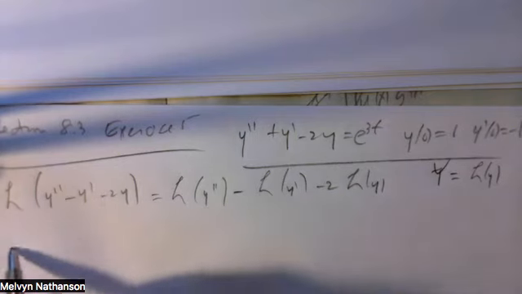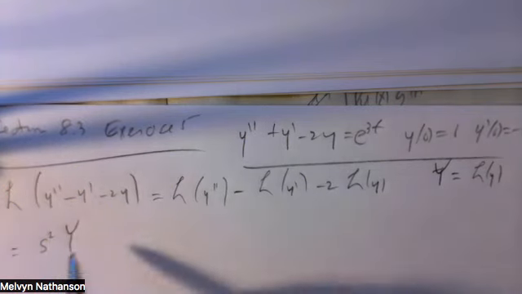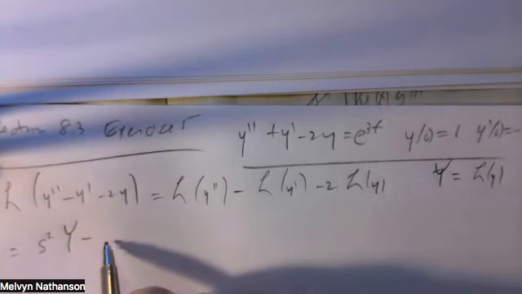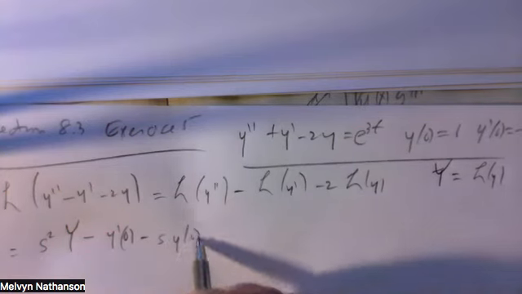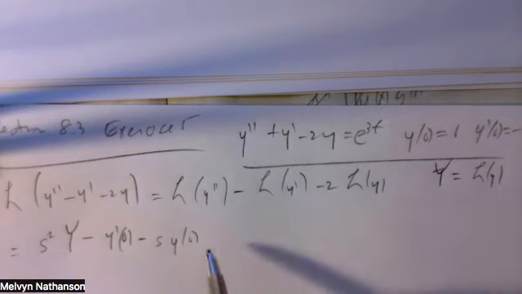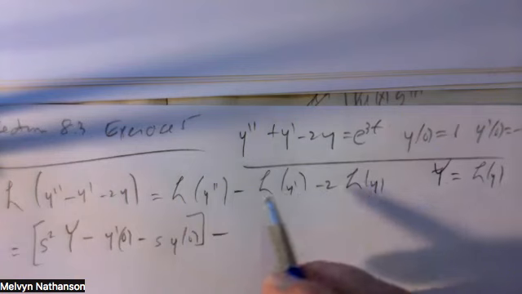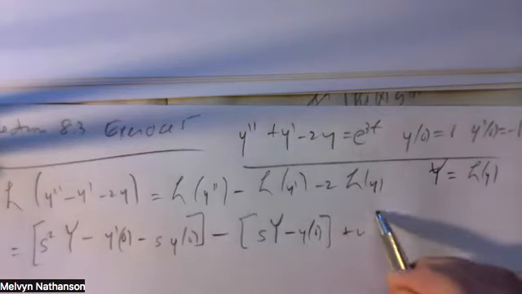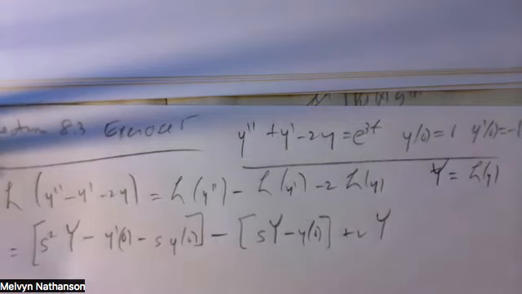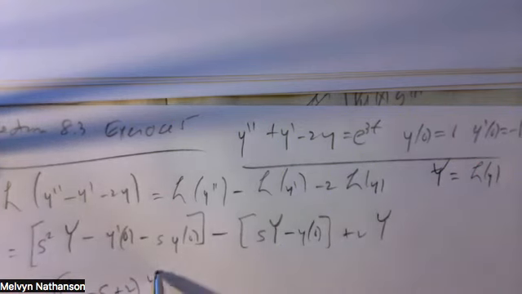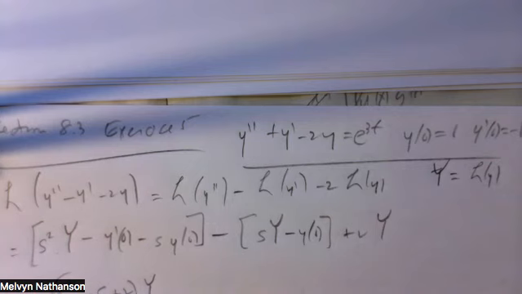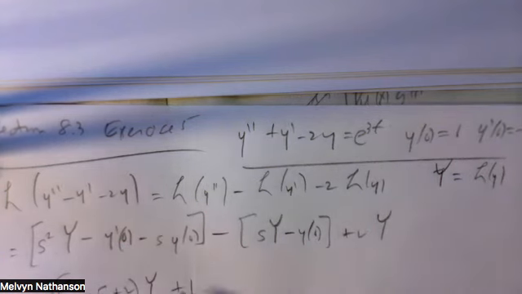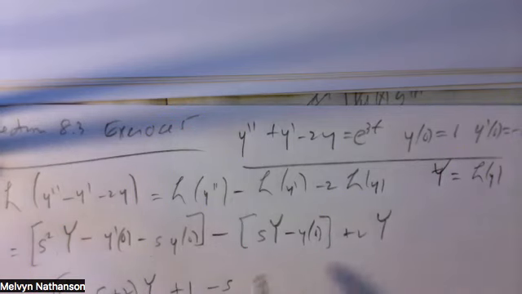So the Laplace transform of y double prime is s squared Y minus y prime of 0 minus s times y of 0. That's the Laplace transform of the second derivative. Plus the Laplace transform of y prime, which is s times the Laplace transform of y minus y of 0, minus 2 times the Laplace transform of y. So this is s squared plus s minus 2 times Y, minus y prime of 0, that's minus 1, minus s times y of 0, minus s, minus y of 0, which is minus 1. And that's all supposed to equal